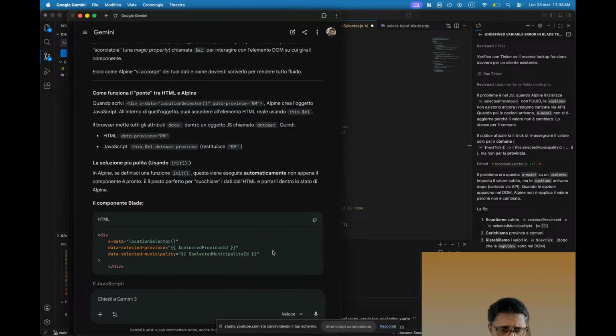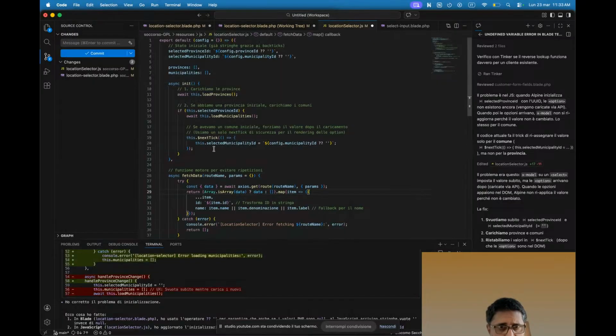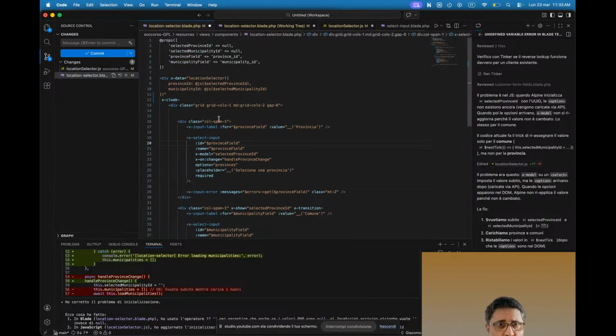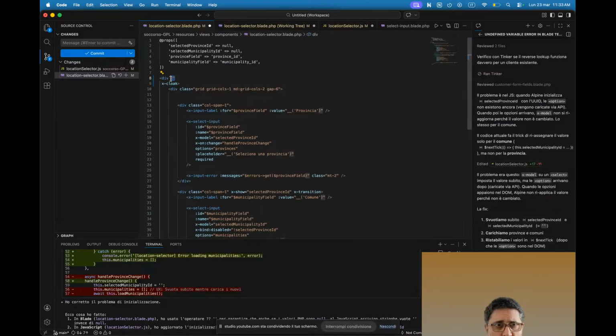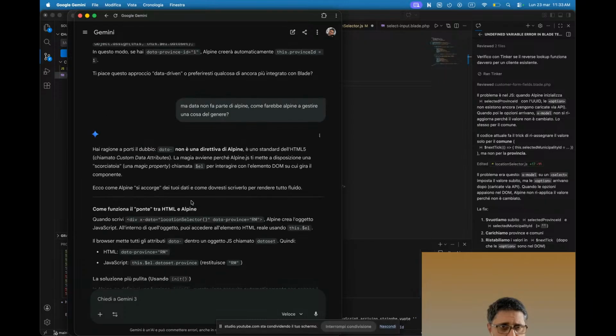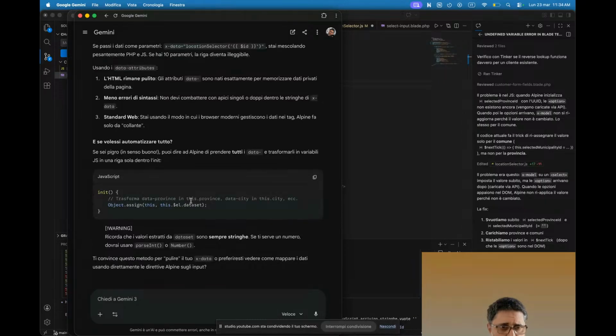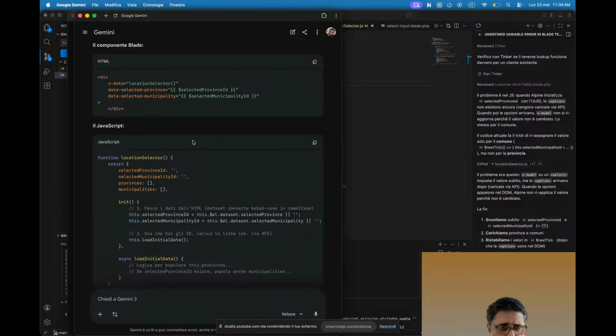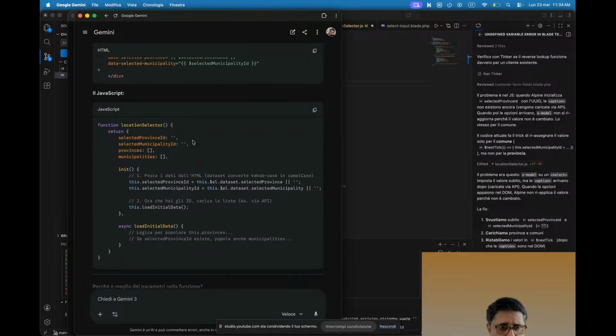So let's try this way. Xdata is this way. So I go to location selector. Okay, we're passing the argument in this way, and after, inside the init here,